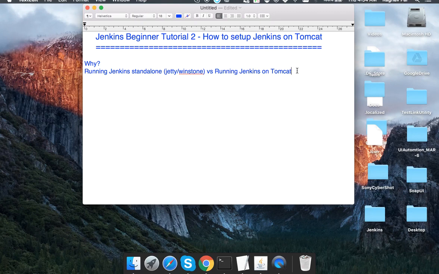One of the benefits of running it on Tomcat is that you can start all your applications on a single server. Mostly we have most of our web applications and other applications installed on a common server like Tomcat. So if we want Jenkins to be there as well, we can deploy Jenkins on Tomcat. But this is not a necessary thing. If you want to continue with Jenkins standalone, you can continue with it. But if you want to learn how to do it on Tomcat, then we can go ahead with